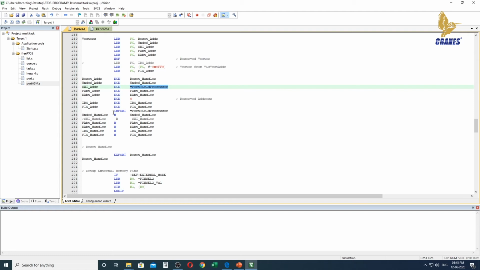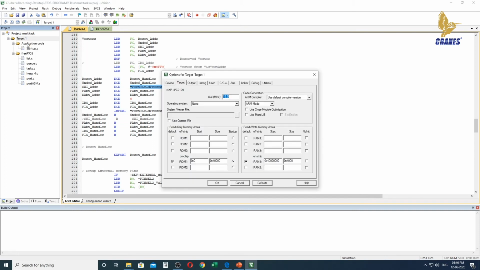We are going to set the appropriate path in the current project we have created. To do that, we can get back to our options for target. You can click on the icon, or right click your target and select options for target.